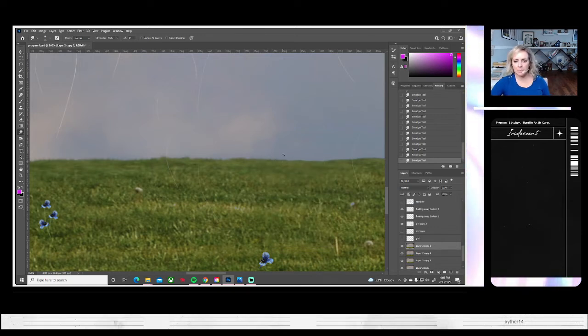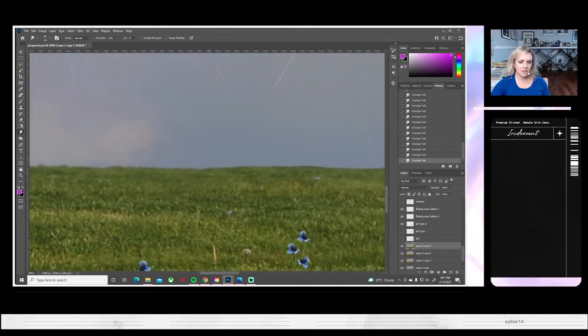And as I get bigger, so right now I'm working on the horizon. This is the furthest away that the grass will be from the viewer. It was already smudged a little bit, so that made my life easier. It's just a little more uniform. And then as I get closer, the strokes have to get bigger because they're closer, so it makes more sense visually for them to be